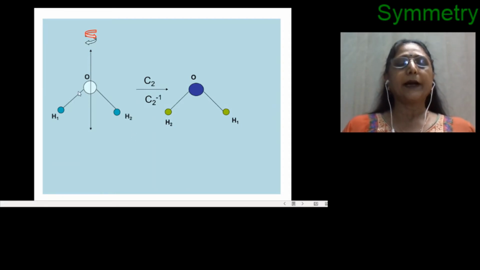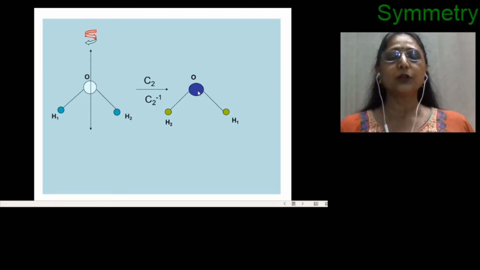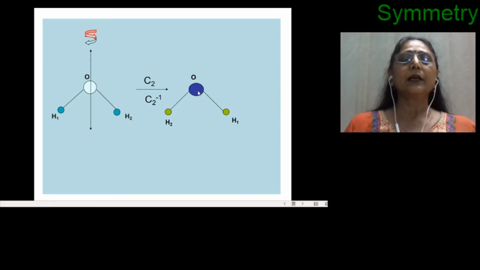Now we have a diagram where H2O is represented by different colors of the atoms. In the center there is oxygen, there is hydrogen 1 and the second is hydrogen 2. I have represented both the hydrogens right now with one color, and you can see in the side figure there is a different color. So I am going to show you why the color is different and why I have represented it like this.